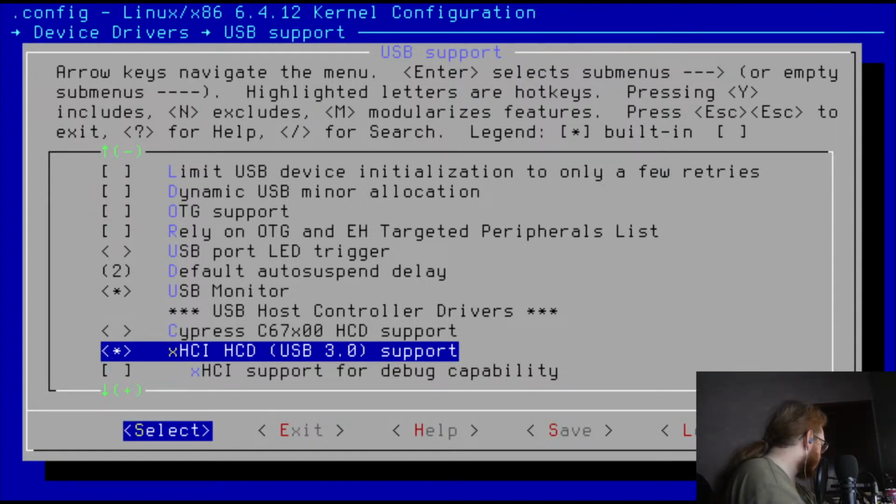I'm in USB support. Support for host side USB, where is it?